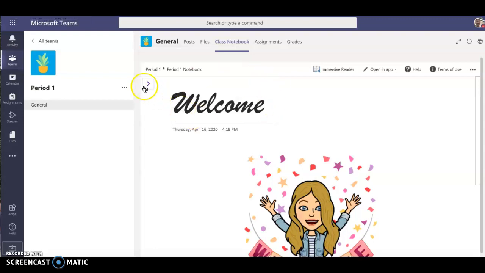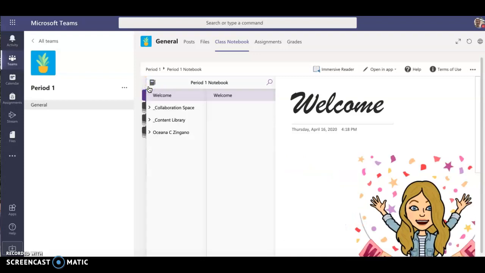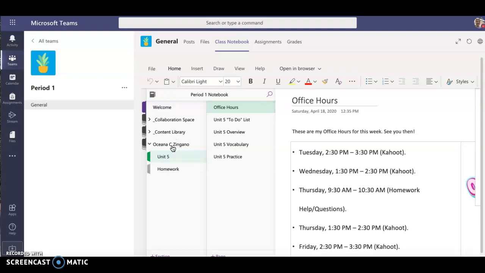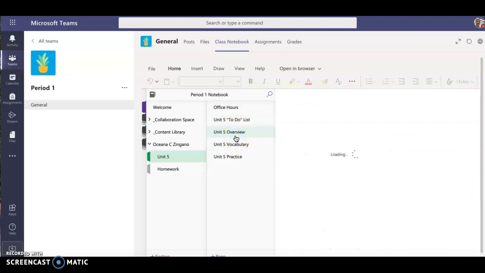Okay, so once you're in here, OC, I'm logged on to yours. You should be able to click on your name, click on your Unit 5, and like I said, the office hours and to-do list, you don't actually need to type anything in there. And then when you click Unit 5 overview,